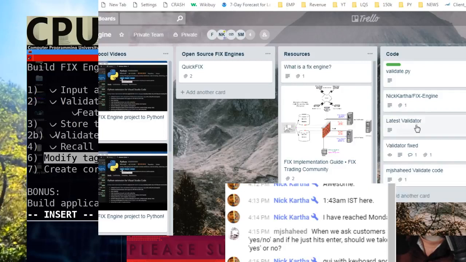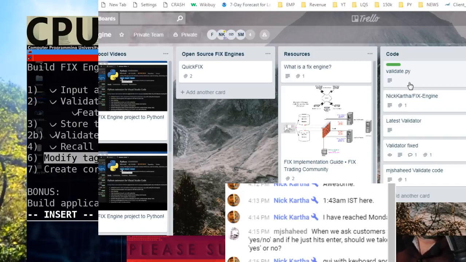Also, he has code here. There's a code section where I've been putting the code that I'm working on, because we're having some problems with GitHub. I'm not letting GitHub get in the way of what we're trying to do here. So I got GitHub working on my laptop. The desktop is not really working. I said, you know what? Just get it done. I don't want to waste time. I spent so many hours fighting with GitHub. If I need a way to share code with you guys, I can use Trello, right? When I work on code and I want you guys to work on it as well, I can simply put it on the board where you can all access it and interact, submit and make modifications. So we're moving along.